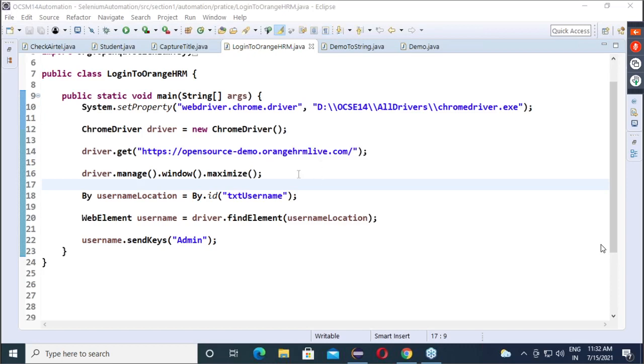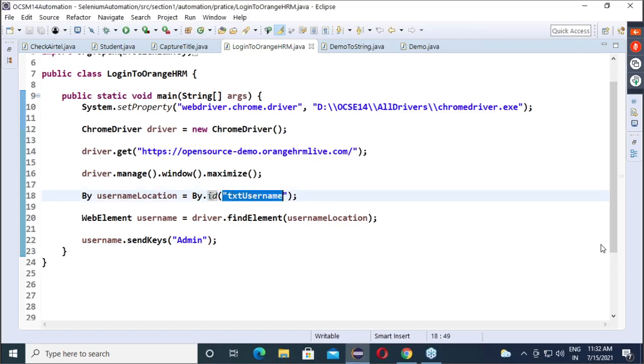Now, everyone, pay attention here. Yesterday we saw the first locator. What is that locator? ID. So can we say, guys, ID is one of the locators which is used to locate the web element in an HTML document by using the ID attribute value. Correct?